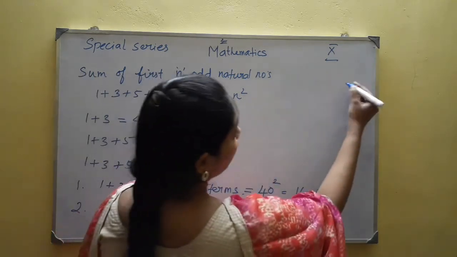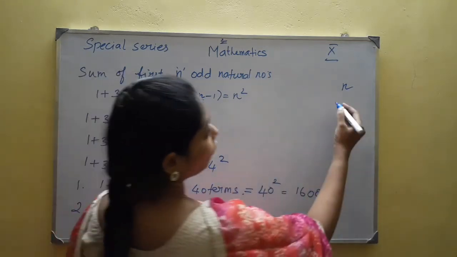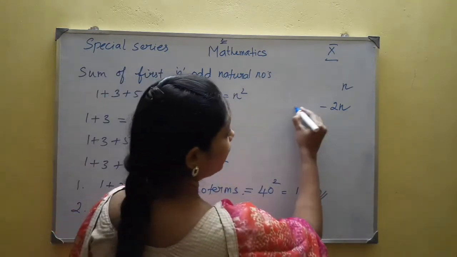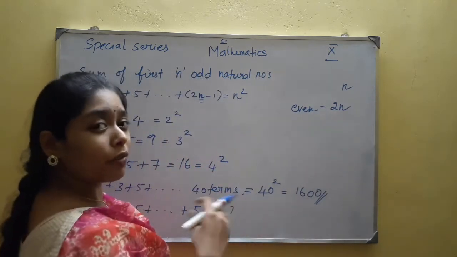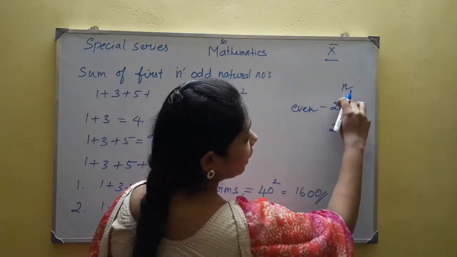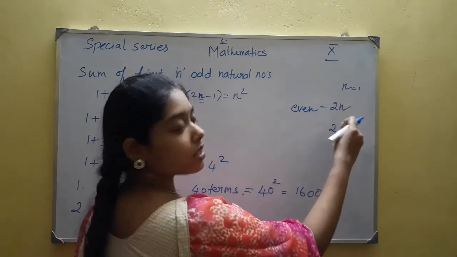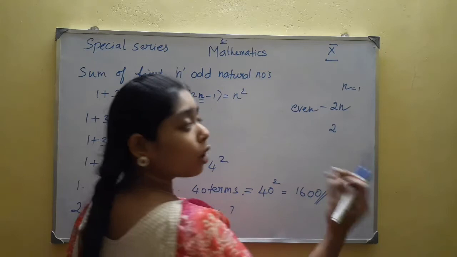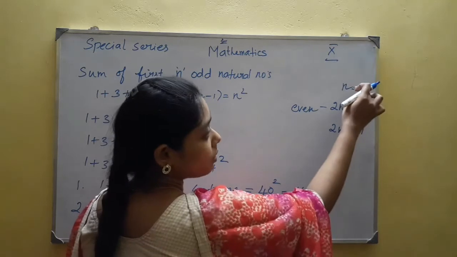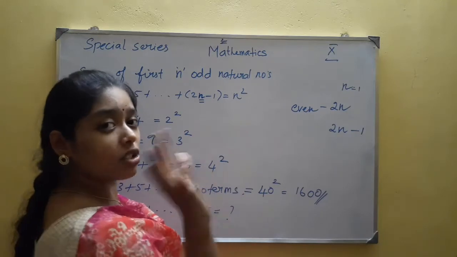I will explain. n is a natural number. A natural number starts from 1, 2, 3, and keeps on going. If you find the value of 2n, multiplying any natural number by 2 gives you an even number, right? If I take n equal to 1, what is the value here? 2. So the first even number is 2. So if you want to get the first odd number, it is 2n minus 1, because if you substitute the first natural number 1 over here, you get the value 2. That is the first even natural number.